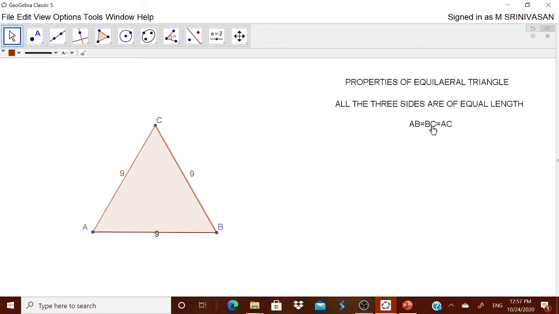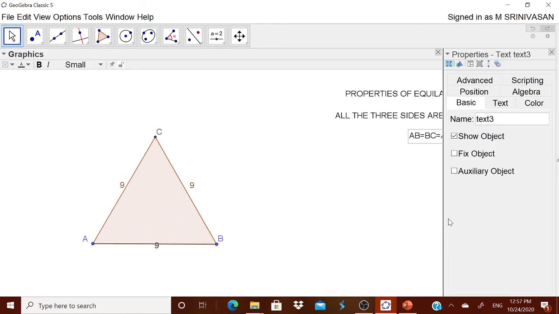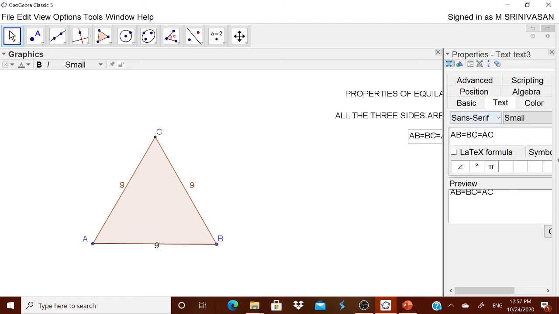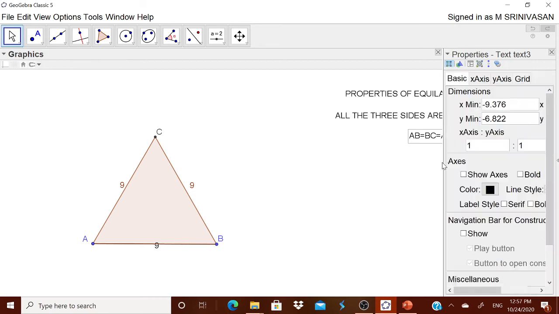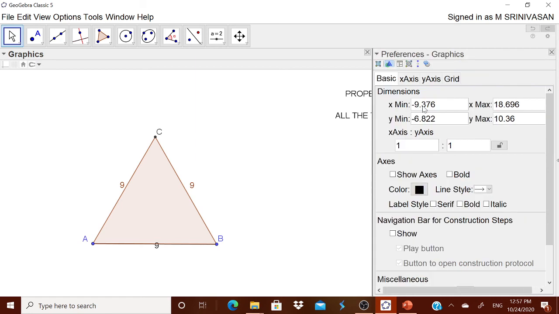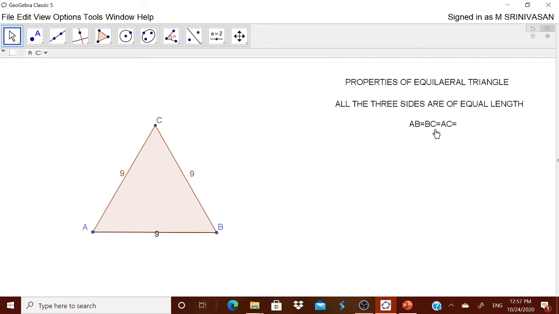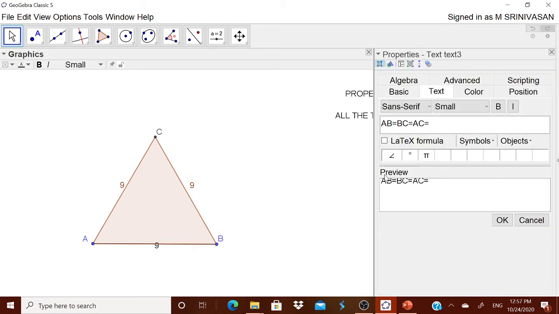Okay, now let me go to object properties. Let me go to this text. Let me select it, now is equal to. Okay, now let me make it a little bit big so that I can see this. Okay, go to text.